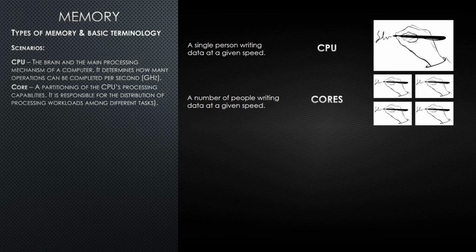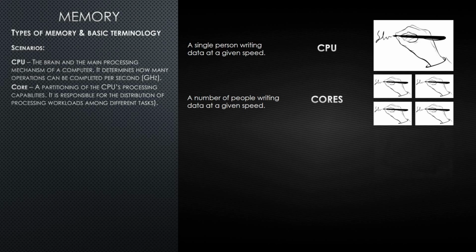Core. A core is a partitioning of the CPU's processing capabilities. It is responsible for the distribution of processing workloads among different tasks. The idea of cores can be compared to multiple people writing at the same time, so the writing speed isn't affected, but each person can be working on a different document or task separately. Multiple cores can be very useful when running multiple applications where reads and writes need to be performed simultaneously on